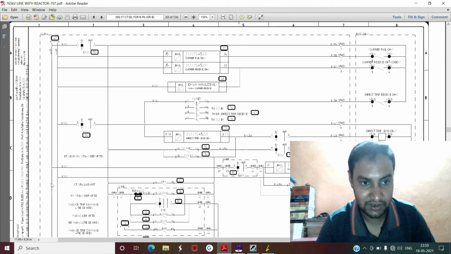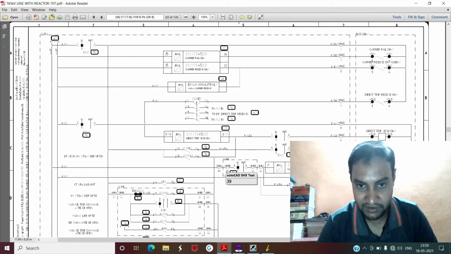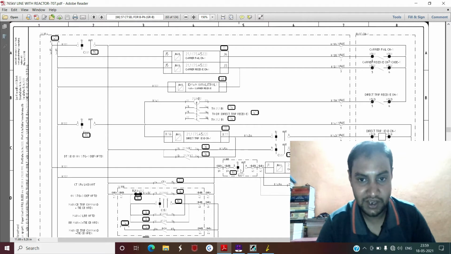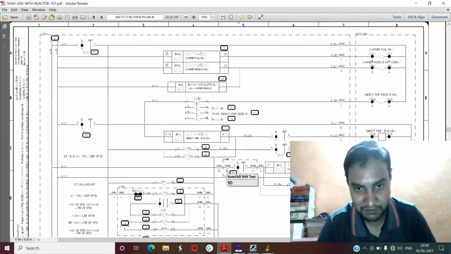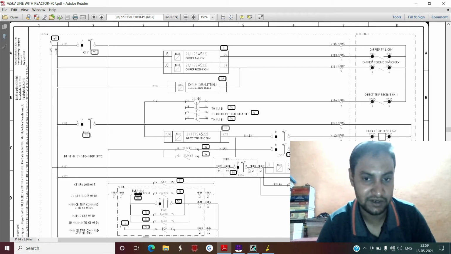This DC positive 110 volt is coming from here, K101 parallel number, to this point. What this is showing is that CSH2 is carrier selection switch 2, and if it is in the in condition, then this DC will be transferred from this point to this point in the switch.